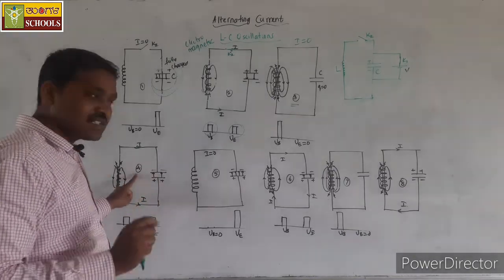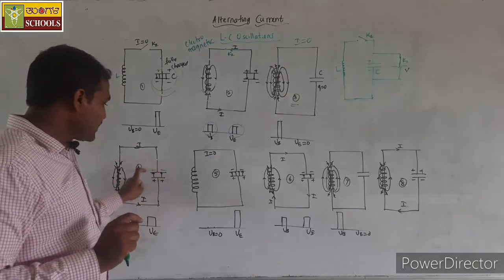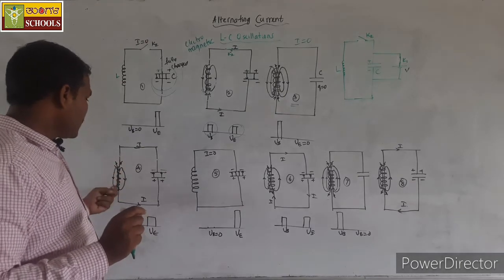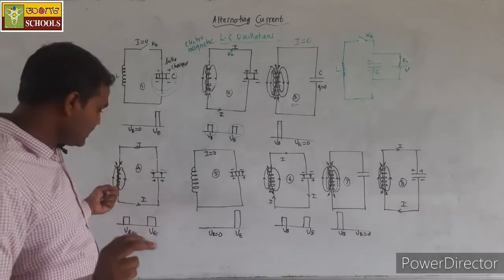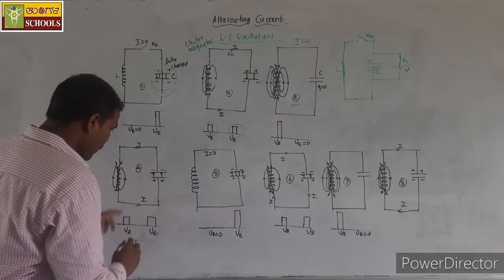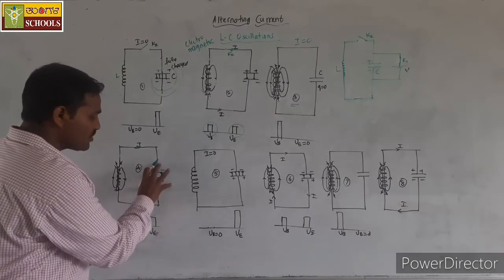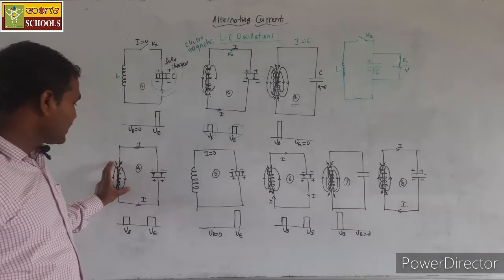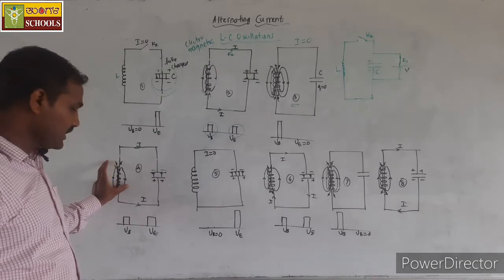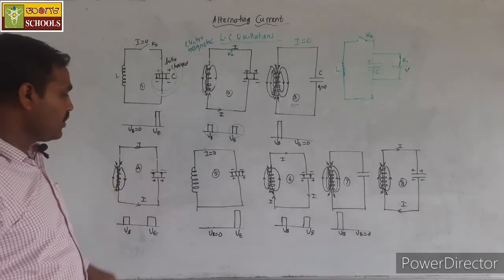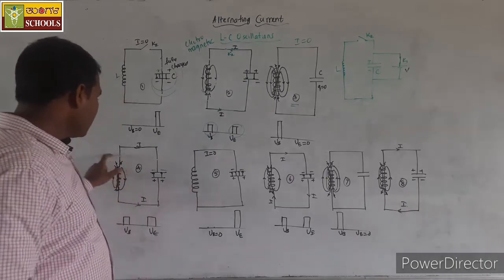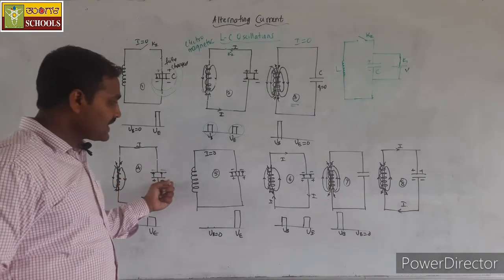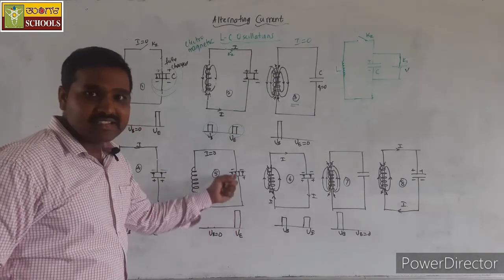Now in step 4, the capacitor starts getting charged and the magnetic flux in the coil starts getting reduced. This is the direction of the current. In this step, some of the energy will be stored in the capacitor and the remaining energy will be available in the form of electromagnetic energy in the inductor at the given point of time. Next, all this electromagnetic energy stored in the coil gets converted into electric field energy in the capacitor.